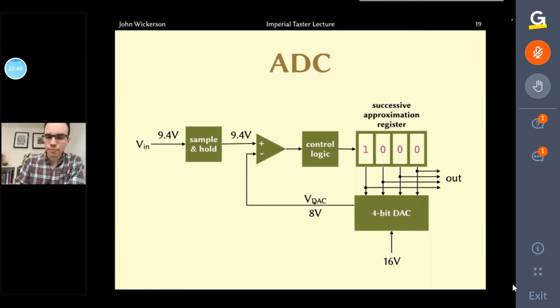Next, we come to the comparator. We have 8 volts coming in on this wire, 9.4 volts on this wire. So the comparator says, top wire has higher voltage. And what the control logic then does is it says, okay, what that means is that this 1 is correct. So it colors that green, at least conceptually. That 1 is now confirmed. And it moves on to the second digit in the successive approximation register. It sets it to a 1,